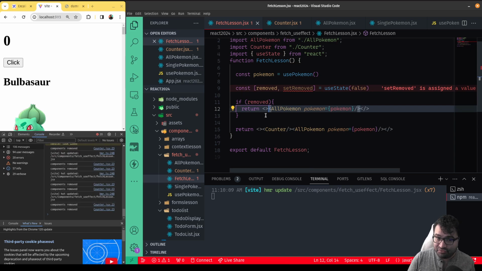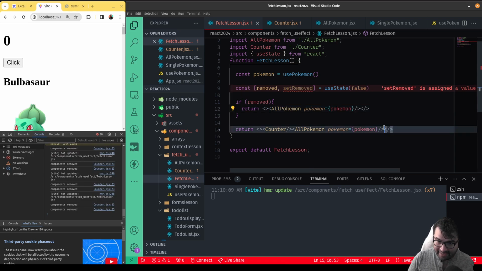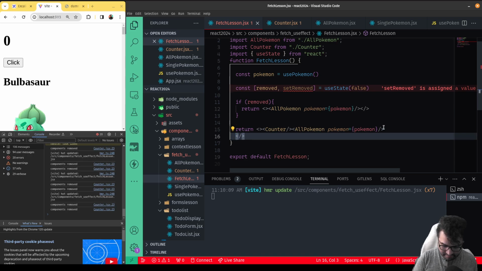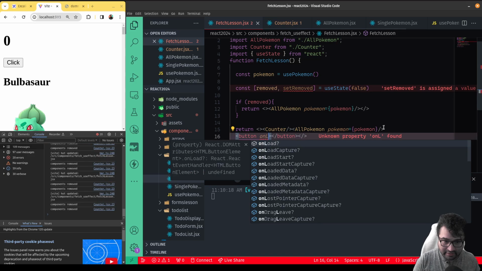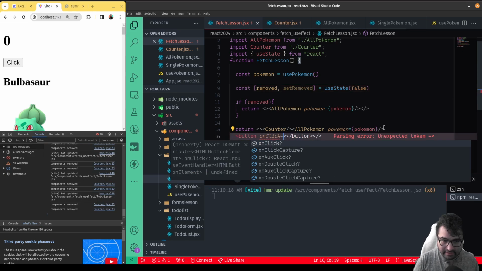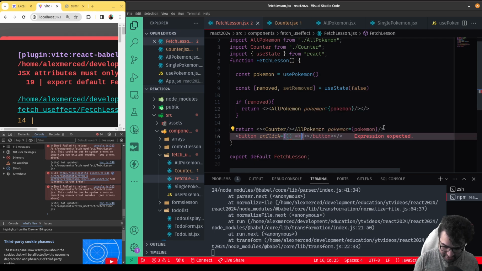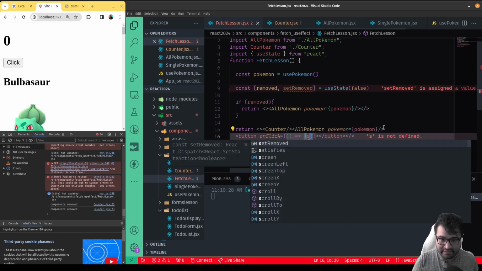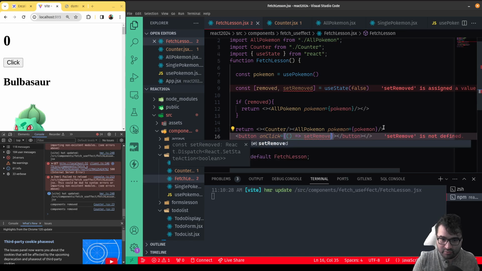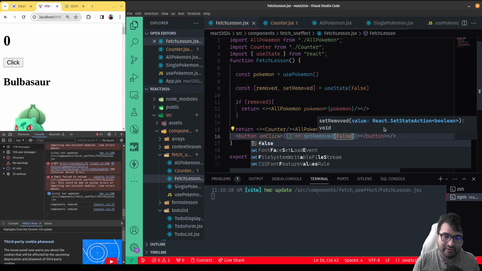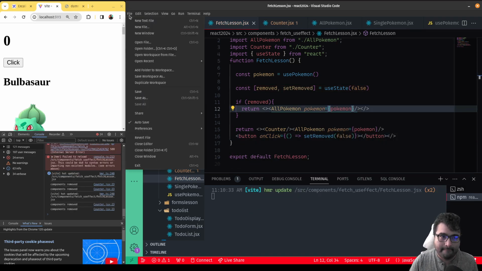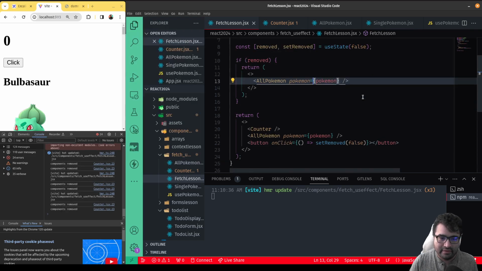But if it's not true, then we'll return this, and then we're going to add a button so you can change that. So say button onClick. And then if you click on that button, the function that runs, all it's going to do is set removed to false. Okay. So when I hit save,